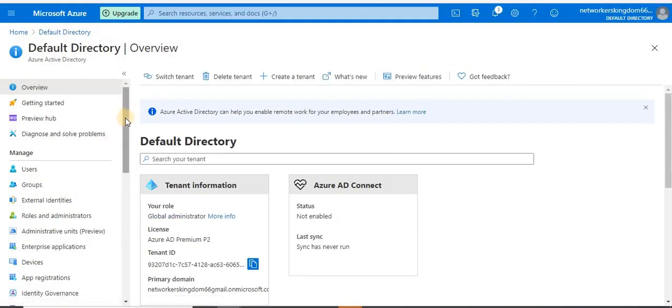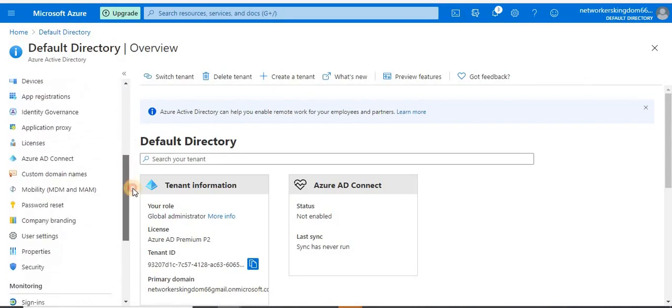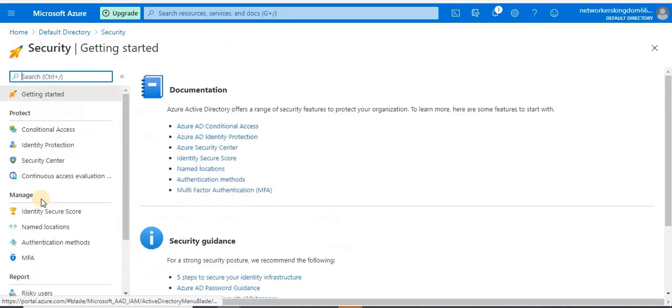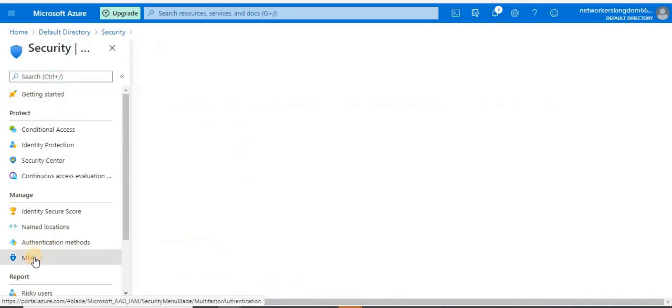See here, security, and under security you can see MFA. It is taking some time. Let me refresh.